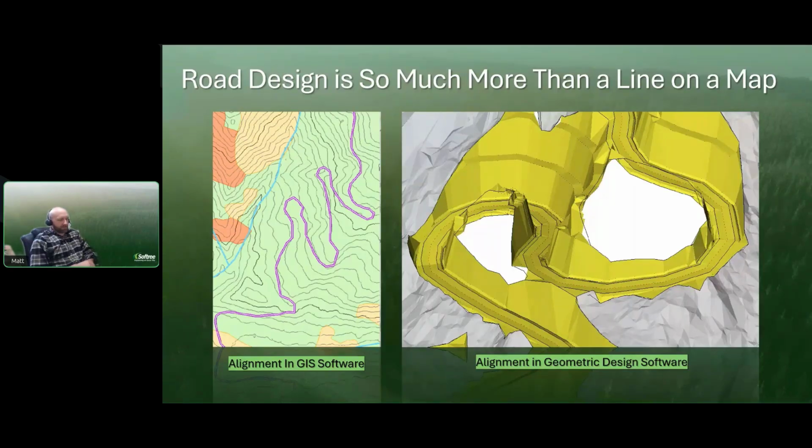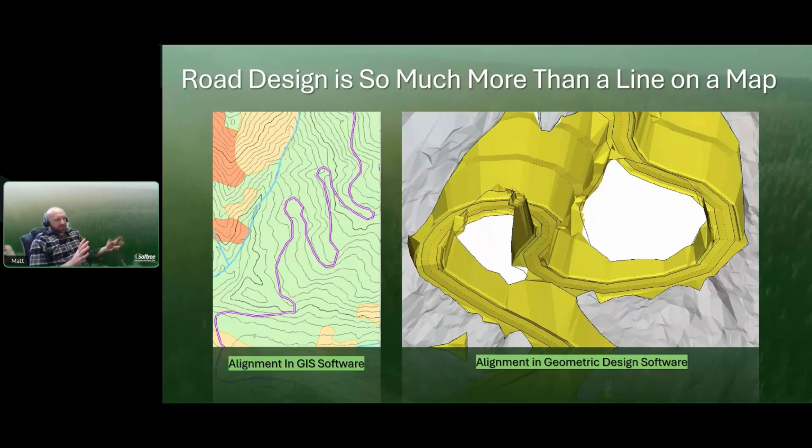There's lots of overlap between the mapping or GIS space and the design space, but there are some pretty distinct differences. If you're considering a road in a GIS environment, you're probably considering it as a line on the map. Now that line could be a 3D line, and the map could include a 3D surface.